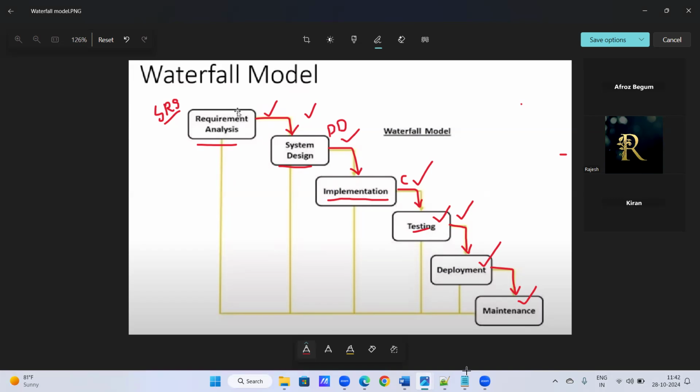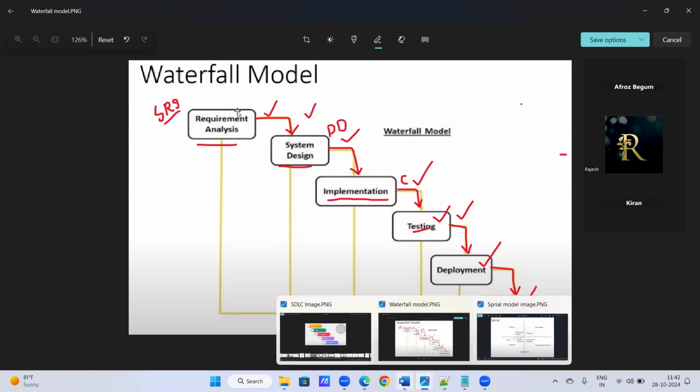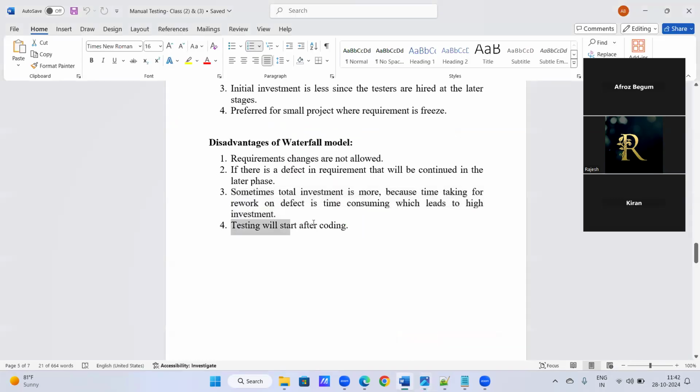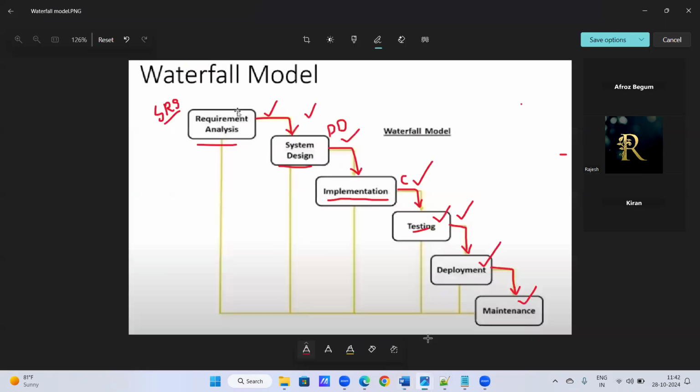And the last one is testing will start after coding. So what does that mean? We have only one phase of testing. So after completion of three phases, I mean, we have the testing phase, right? If we find any defects in the testing phase, accordingly we change the code and